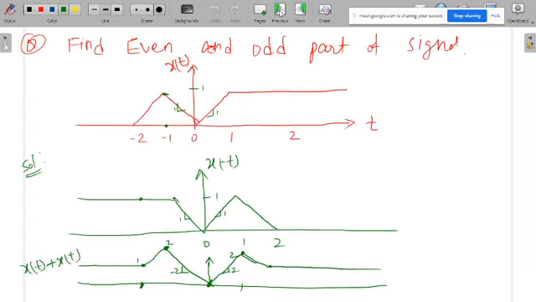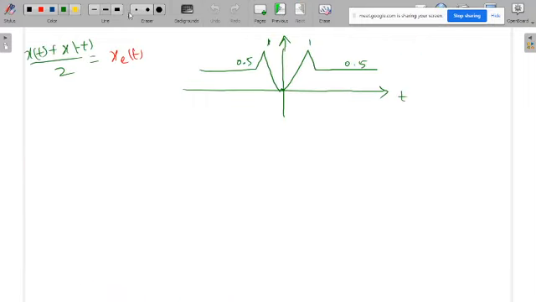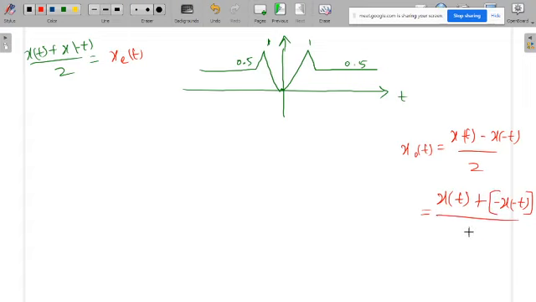Now how to calculate the odd part of the signal? What is the formula? If you want to calculate the odd part of the signal, it is x of t minus x of minus t divided by 2. That means from x of t you have to subtract this term, or otherwise I can also modify this: x of t plus, I can put the minus inside. Because in the graphical representation, instead of applying subtraction, if you add, that will be better. In such a way you modify your waveform, apply that minus inside the waveform, and later you add it finally.